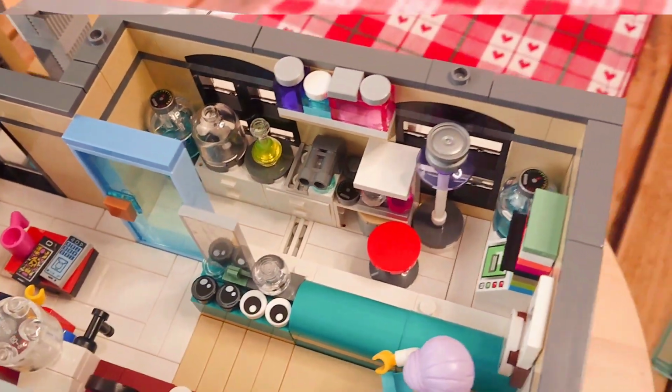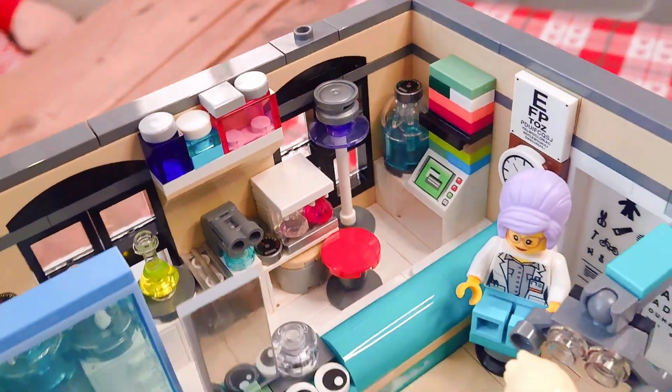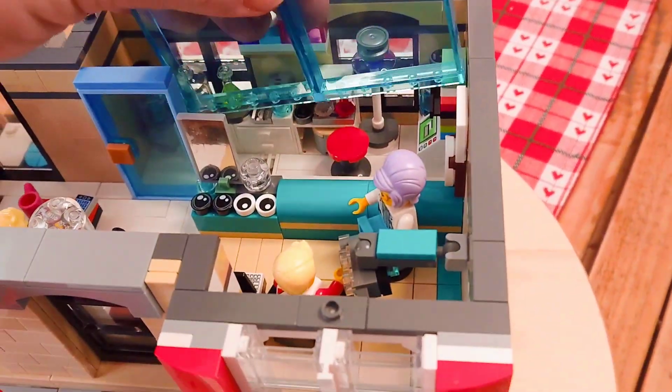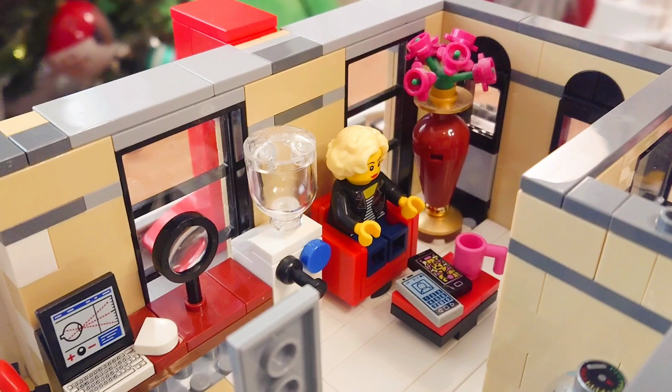On top of the computer is a wee shelf of paperwork, and this panel fits very neatly in here, but it's really easy to take out, and my kids love to play with this floor in particular, so it had to be easy to move so they could get their hands in and play with all the bits and bobs. On the other side is the waiting area for the eye doctor, and this mum is just chilling here